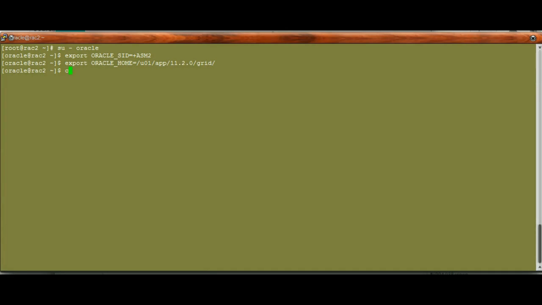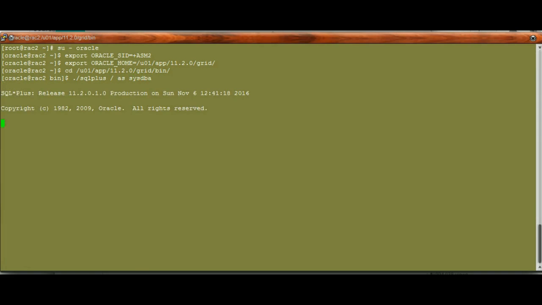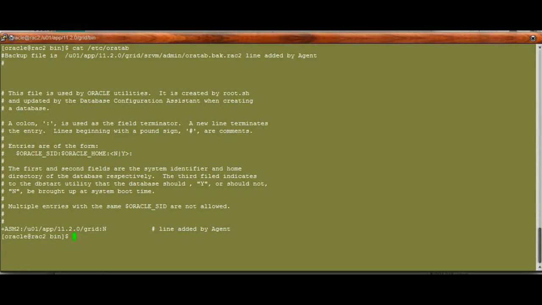Now go to the location /u01/grid. That's it. Now sqlplus. Something is going wrong. Check /etc/oratab. Export ORACLE_SID equal to